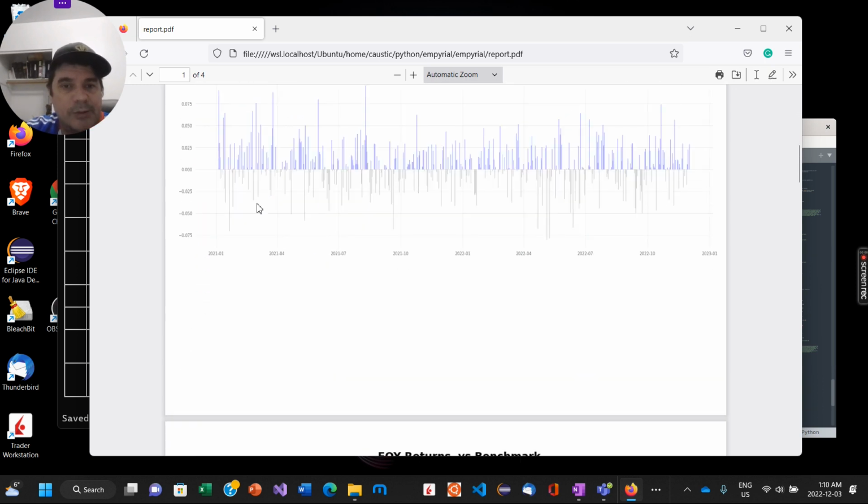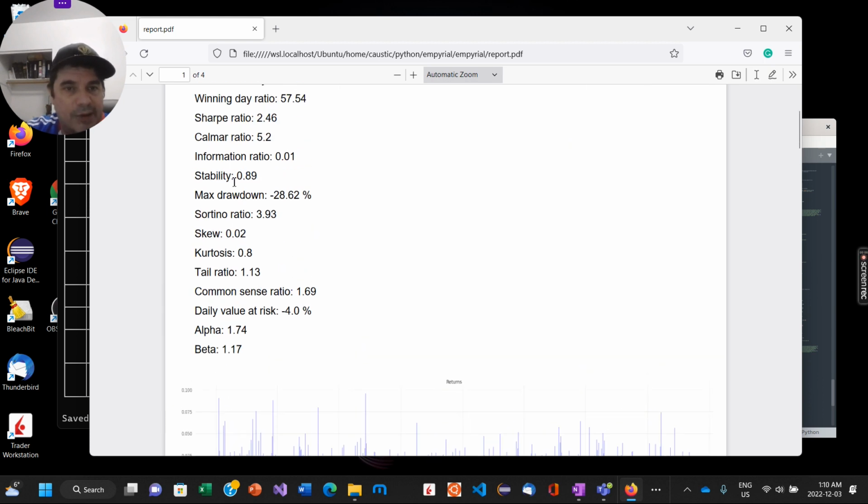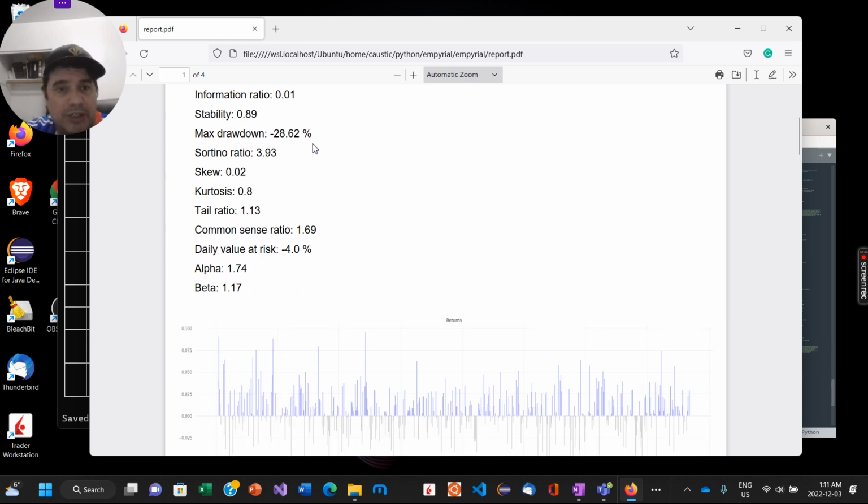So continuing with the performance. Now this is really important to understand. We've got this one right here. Everyone wants to know about 2.46. This is more realistic, I believe. Anything over 2 is really good. So it's a very strong Sharpe ratio. Max drawdown,